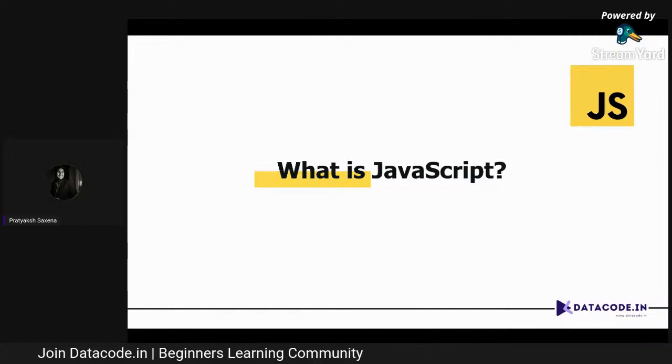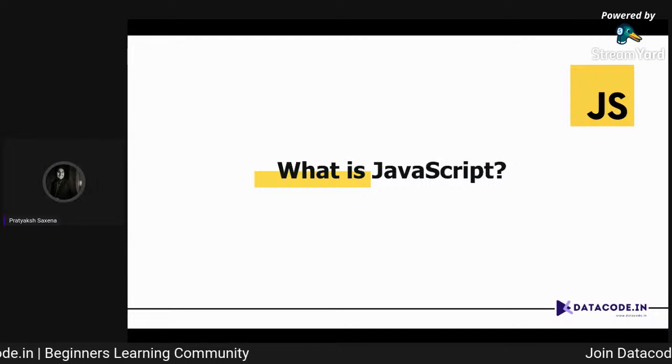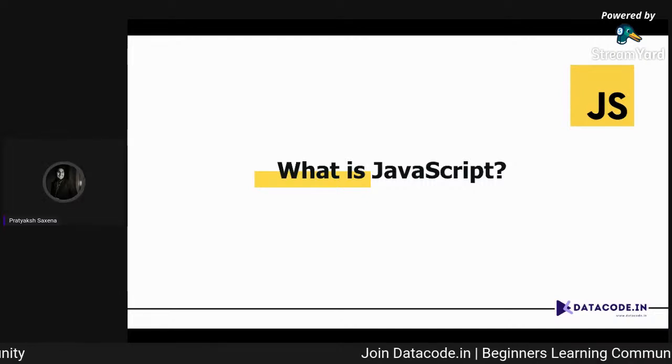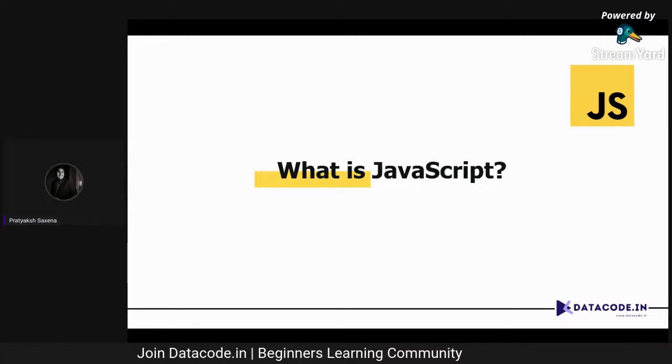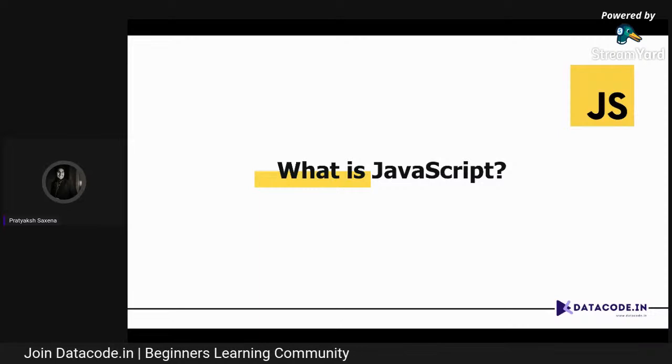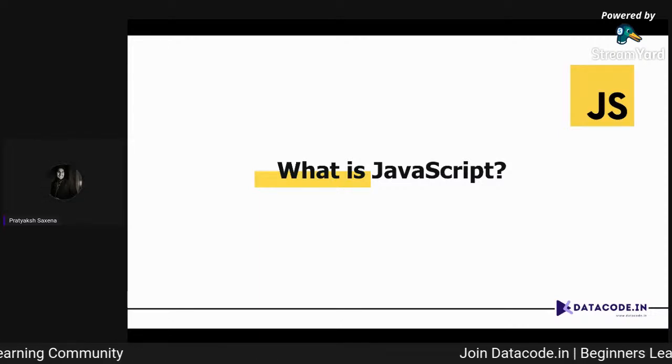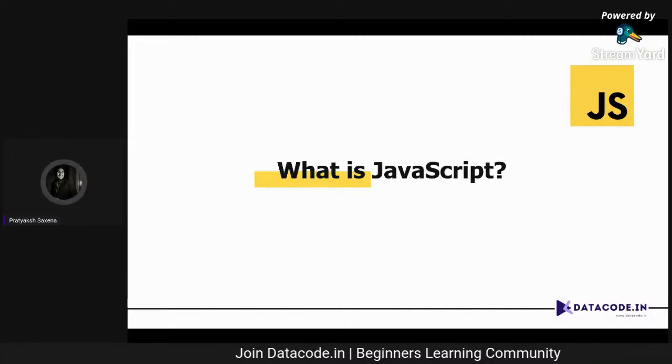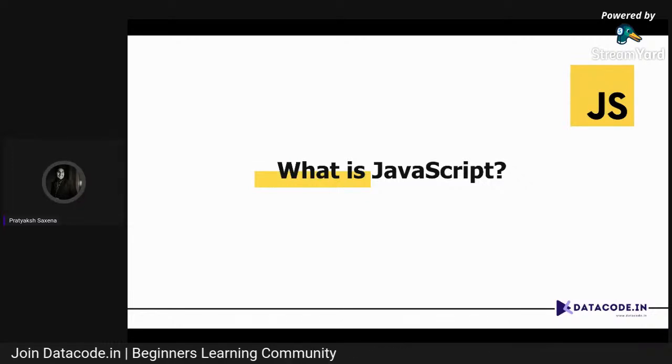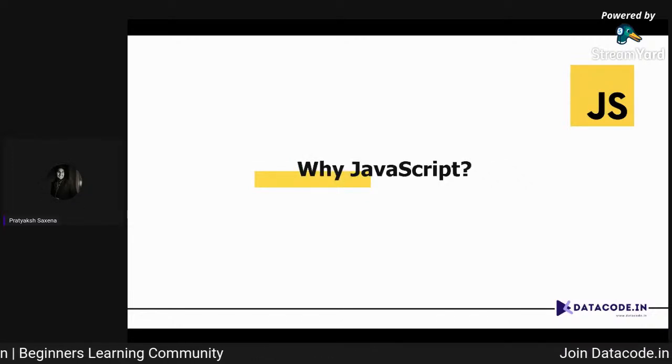Okay, great. So this session will be about JavaScript. According to my knowledge, in the last session, you all understood what is HTML and what is CSS. And the next step is JavaScript. JavaScript is nothing but a scripting language that is used to modify your HTML and CSS. It's a very powerful and yet very simple to learn language with the help of which you can make your web page dynamic. So why JavaScript?